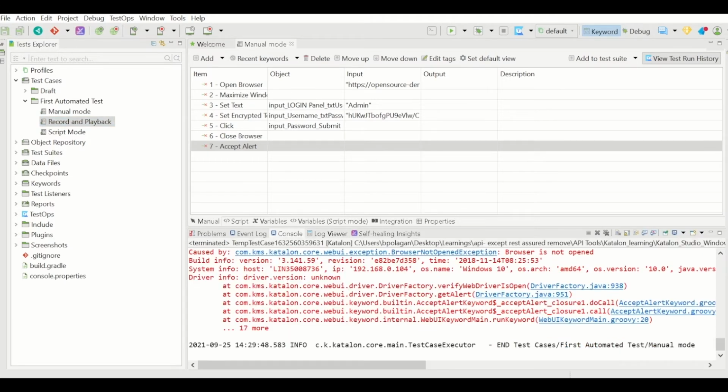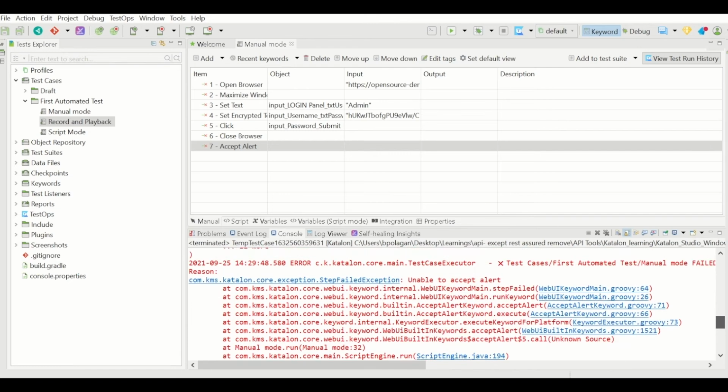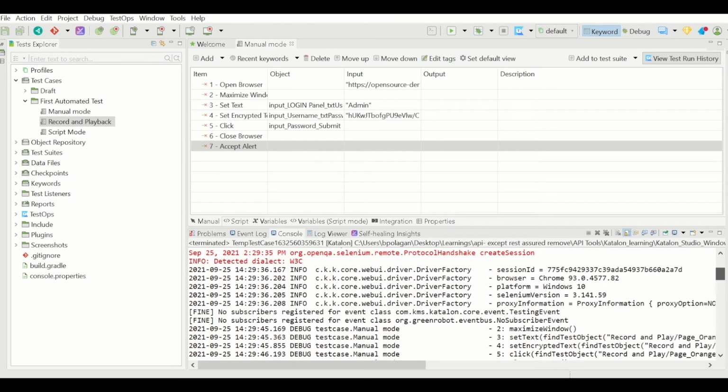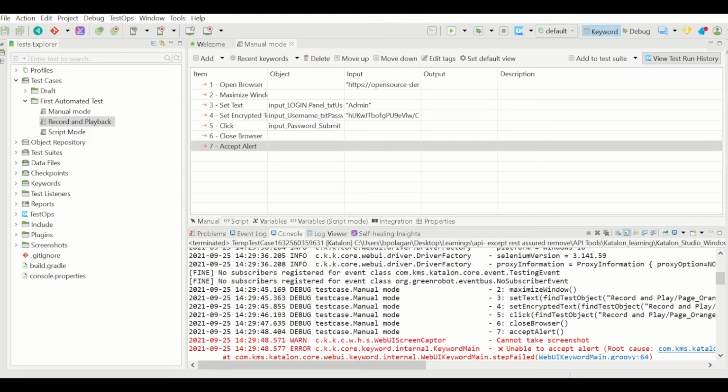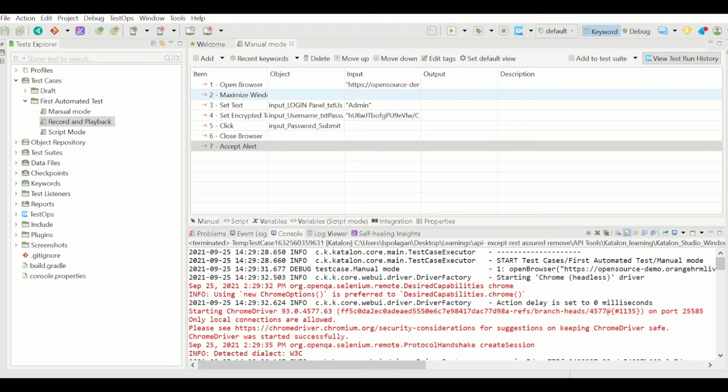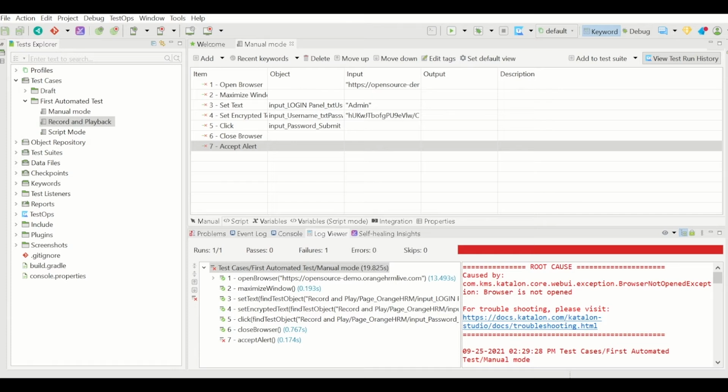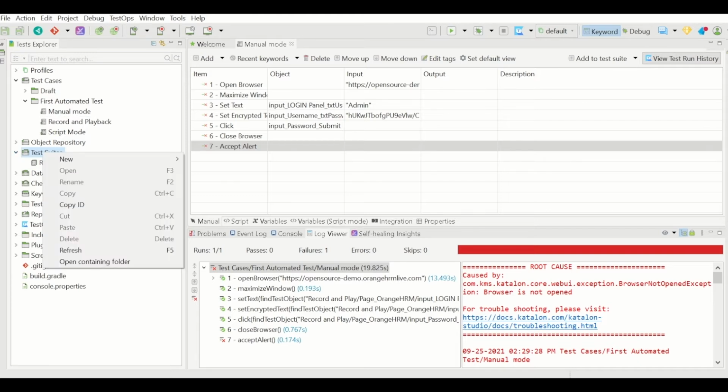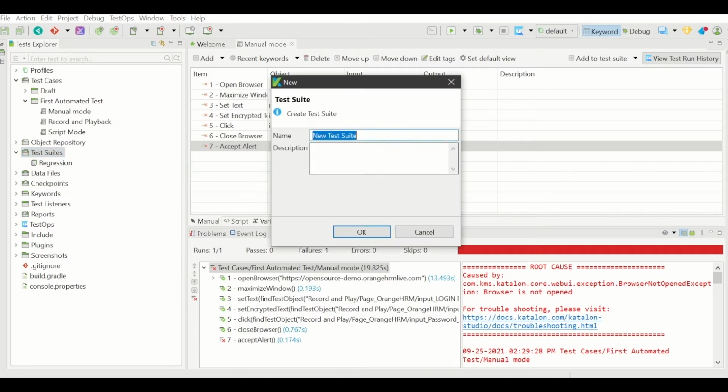All right, so now we have executed, and here we can see the logs. We can see in the console output where it has failed. Somewhere it failed at the accept alert step. So this is the level of detail which you can understand at test case level. But you don't see anywhere a sort of report, right? Since this is only one test case, you are not able to see it. That means when you execute a test case alone, there is no report. But when you execute them in test suites, then you can see the reports. All right, so let us create a test suite. Let me name it first test suite.